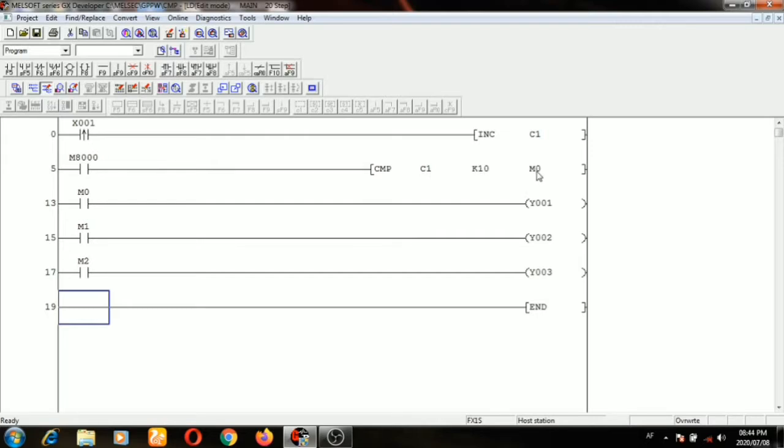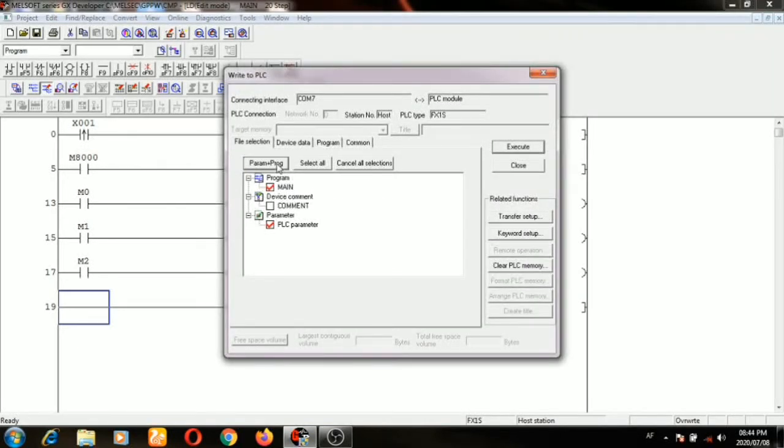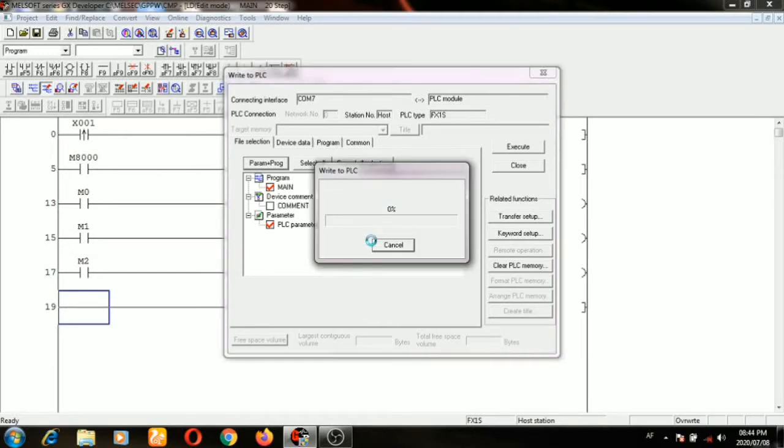As I told you, if the counter value is less than 10, M2 will operate. If it is equal to 10, M1 operates, and beyond K10, M0 will operate. Now the program is going to the PLC, and we will check after execution.